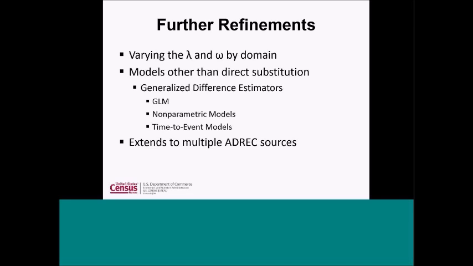So I'm not going to go through them here, but this is easily refined in different ways. One of them is that this is pretty broad, right? This is saying that the overlapping frame parameter should be the same across the whole population, and that those omegas should be the same across the entire population. And that kind of seems very broad. And so you can actually break this out so you're basically stratifying the population into domains where these might be different.